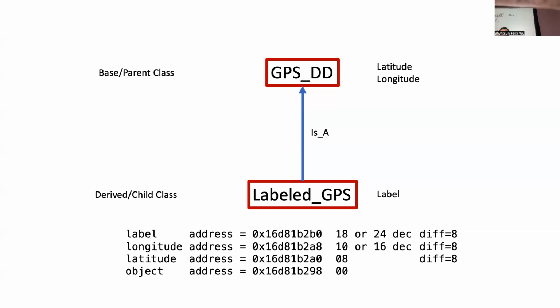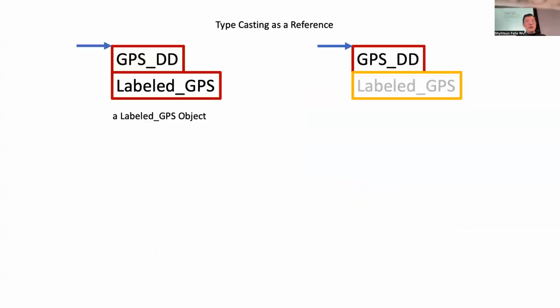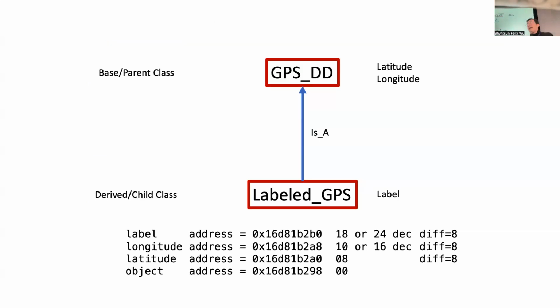Okay, thank you. So it's a very good observation, why I have my object address, because if you look at the picture here, it seems to me I'm pointing to the first byte, the GPS DD, right? But there's a gap that actually shows up here, which is 8 byte. You see that? Why do I have this 8 byte? I said latitude started with 08. And why do I have this 0? What is that 8 byte? That is exactly why we need to talk about virtual function. In virtual function, we need to put a pointer that points to something called vtable.